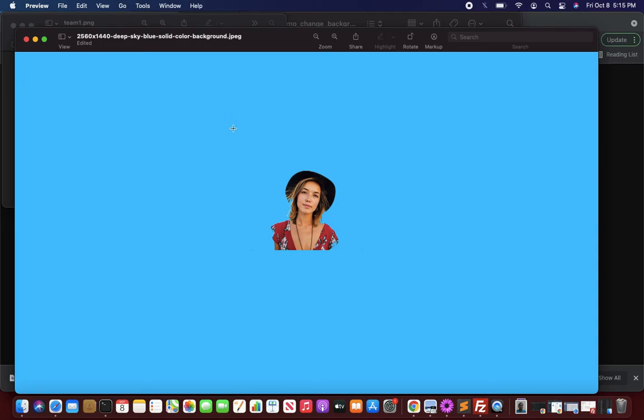If you know the dimensions you want, for example for a passport size picture, first do a Google search on your country's Google search engine for passport size in pixels. Preview shows sizes in pixels. When I drag, you can see it shows nicely the size in pixels.